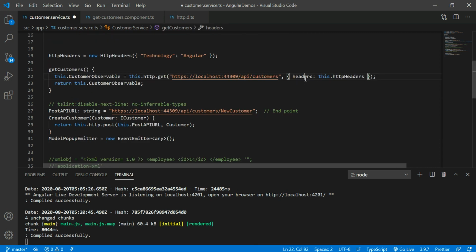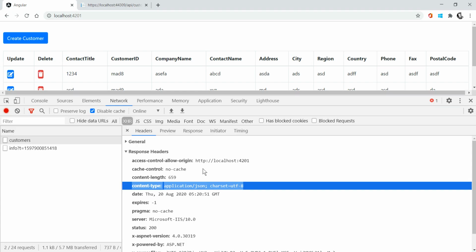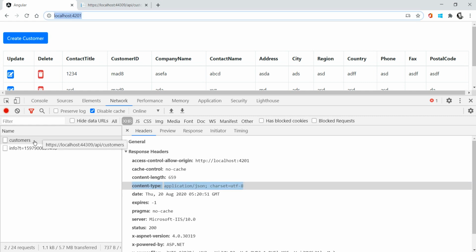Second thing is params key. So params key also looks like HTTP headers. But once you write the code for the params, you can see the params related updation in the URL. You can't see it here, you can see it here. Once I add the param, please watch here. Right now there are no params for this customer.